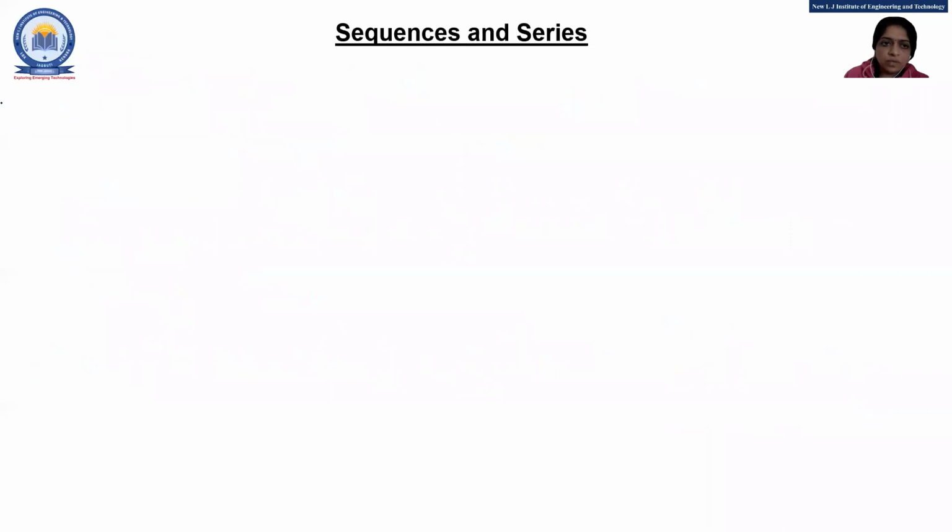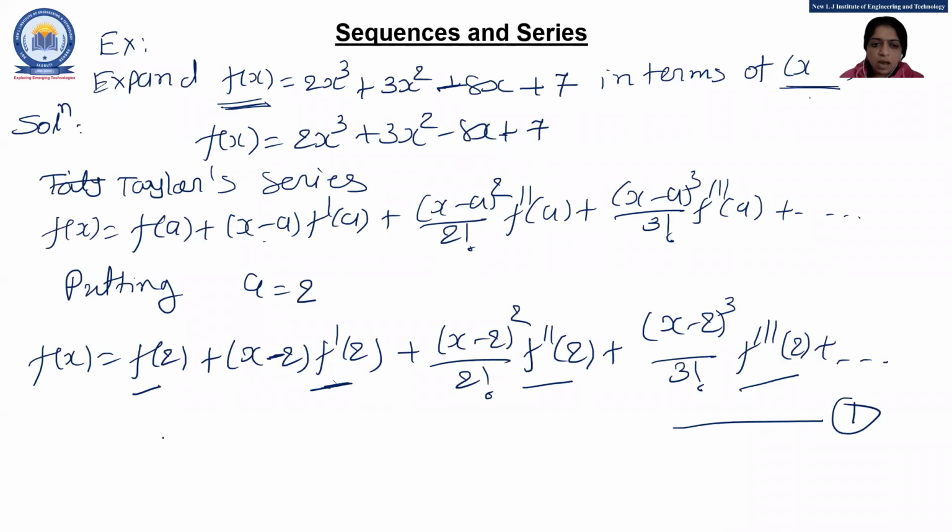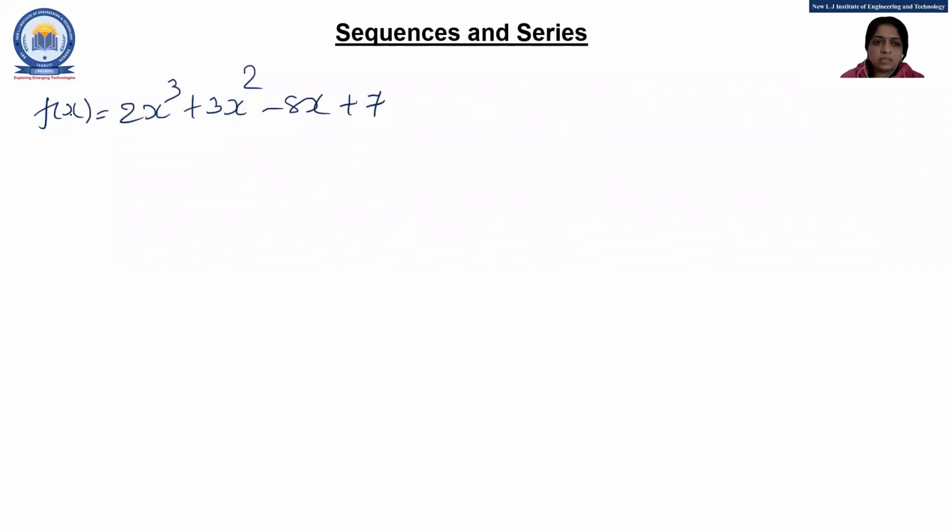So let's start with f of x. f of x is 2x cube plus 3x square minus 8x plus 7. As I want f of 2, I replace this x by 2. So f of 2, by putting 2 cube, 8 twos are 16, plus 4 threes are 12, minus 16 plus 7. So my final answer is 19. Both 16 will cancel and 12 plus 7 is 19.